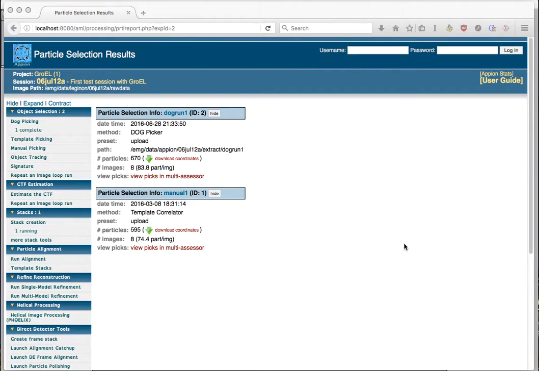I wanted to give a demonstration of how to use my learning stack editor. So here's the scenario I'll paint for you. I've used a dog picker and it's picked a lot of objects. I have a manual picker run here that shows there are actually about 595 particles in my 8 images. Dog picker picked 670, but if we take a look at the stack here,